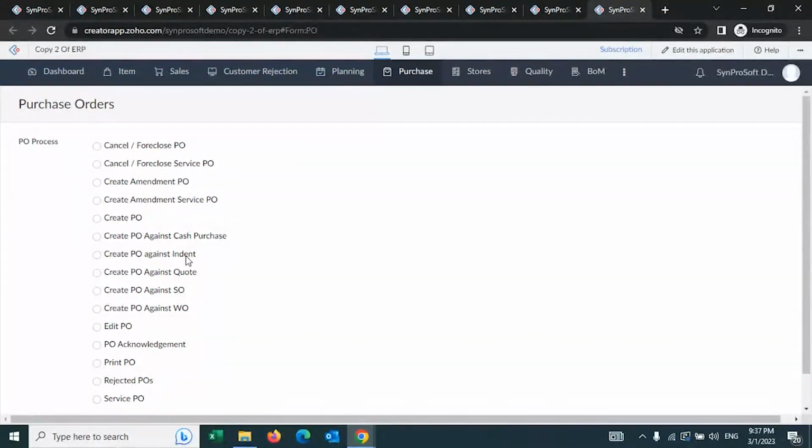You have raised the RFQ, your suppliers have responded with their quotations. Now you are going to create a purchase order against a quotation. You can do that here. Now the next option is create a PO against the sale order. I told you some time back that you have two options. One is the production route, one is the trading route, where you are just going to buy and sell after rebranding with your name. In that case, it is not going to go for work order.